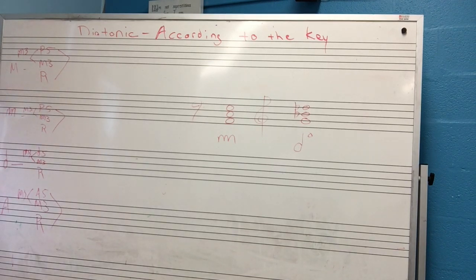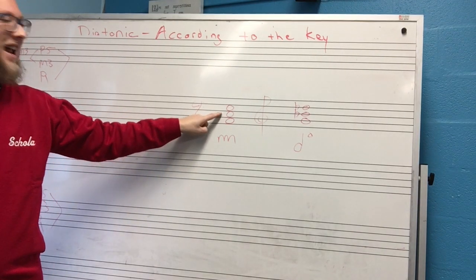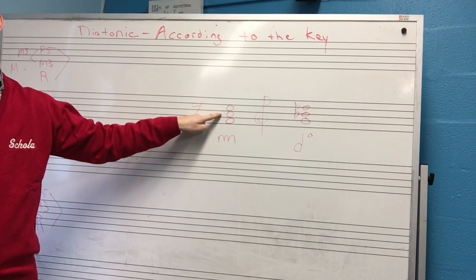Next step is figure out the major key signature of the bottom note. The bottom note is A. What's the key signature of A major? 3 sharps. So what do they have to be? Fat cats get. Great. Now that I know that, in A major, if that were a C sharp, well then